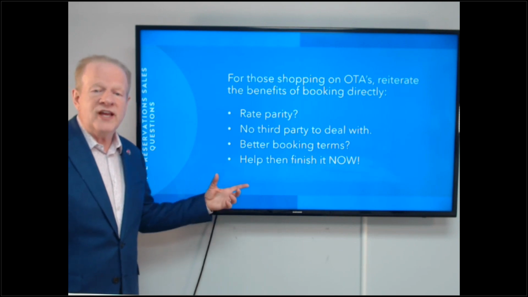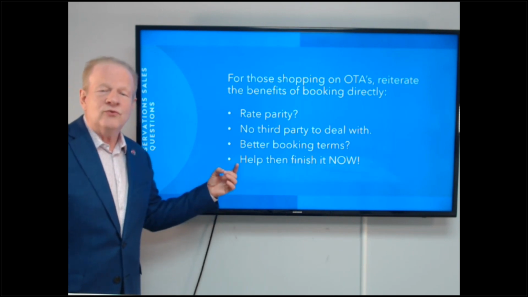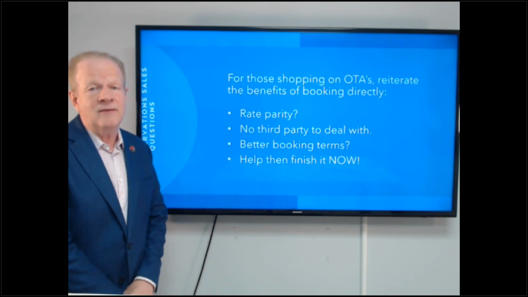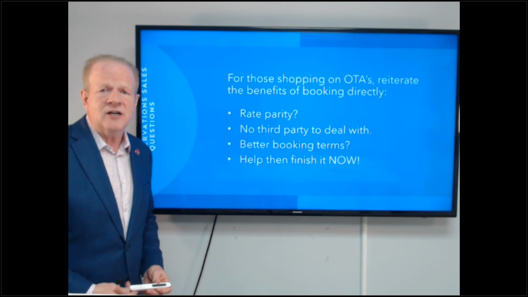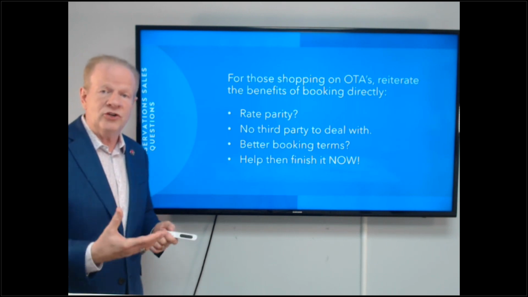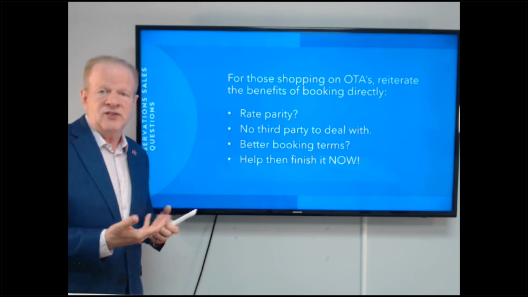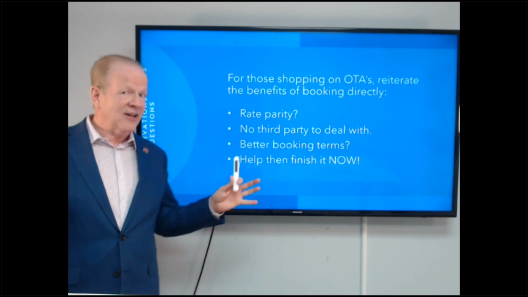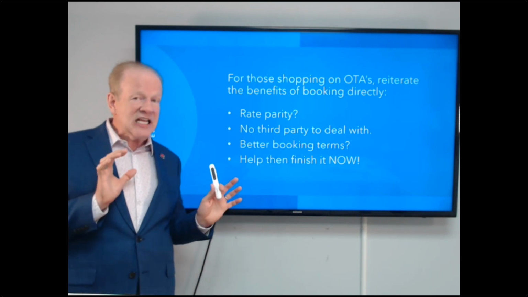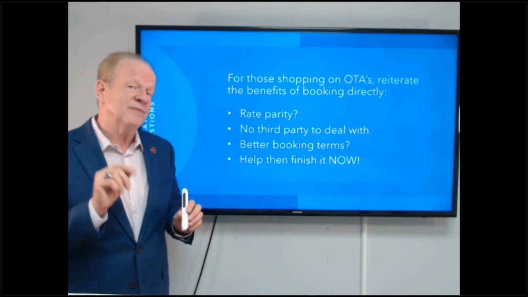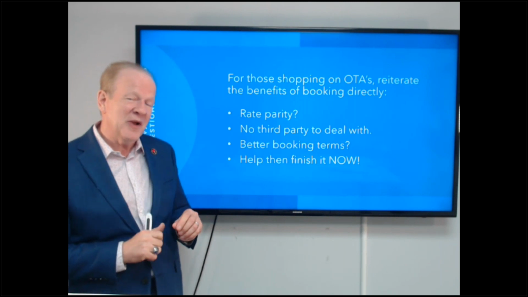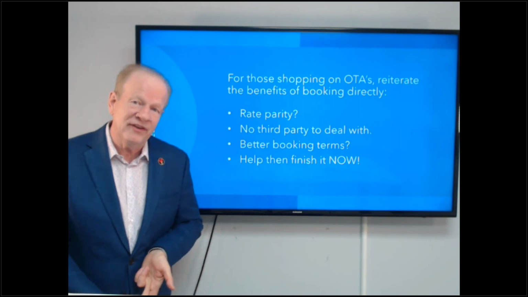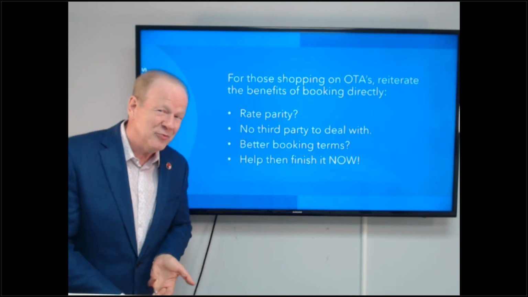And now for those who say they're shopping on the OTA, let's reiterate the benefits of them booking directly. First of all, we probably have the same rates. If you're a hotel, this is because Expedia and Booking.com generally require rate parity. So that means the rate is going to be the same online as with us. Now, in fact, if we're slick, you might find a way around that. Say, well, it is the same rate, but if you book with me directly, I can throw in a $5 gift card, or I can waive a fee, or I can get you a special room request, right?